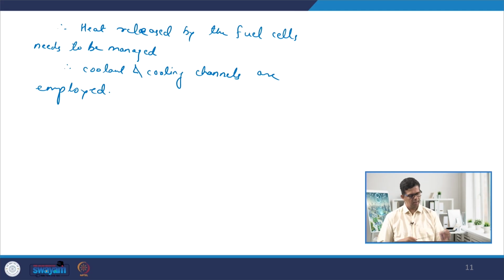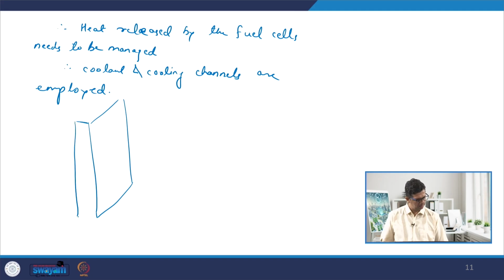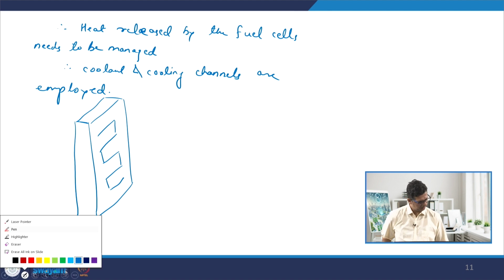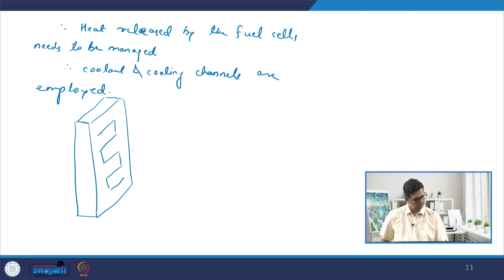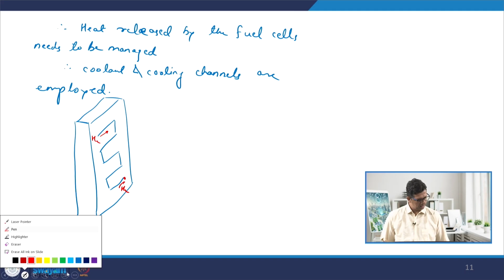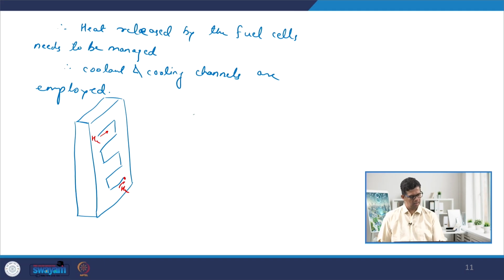So, what basically is done is, let us say we have this is the bipolar plate, or let us take the monopolar plate for simplicity, and then we have this channel design for, let us say, this is H2 in and H2 out. So, if you look at this, the other side, how it basically has is, we have the